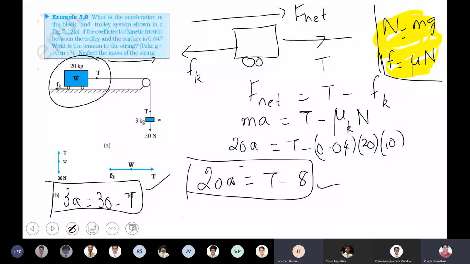Ma'am, if we want, can we equate the two equations for A and then find T? Yeah, no problem, that also. But then we won't find A. You can solve by whichever method is feasible for you, but you should get the value of A. And it is better to add so that T gets eliminated. Is that fine for you all?